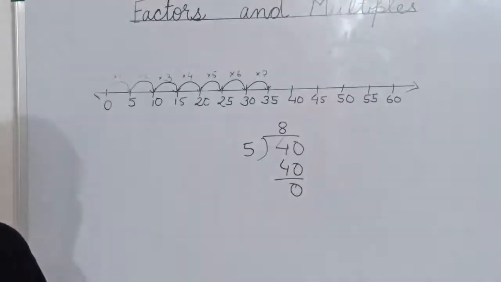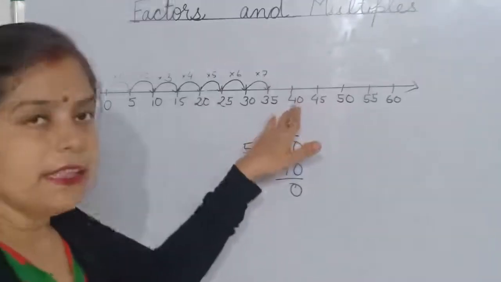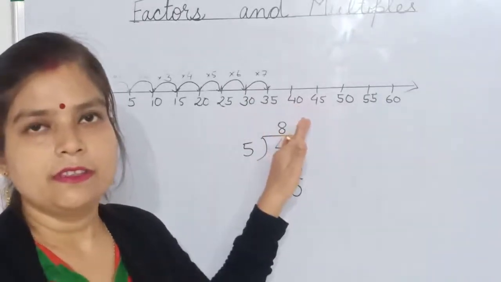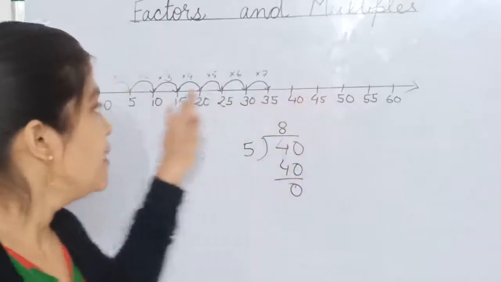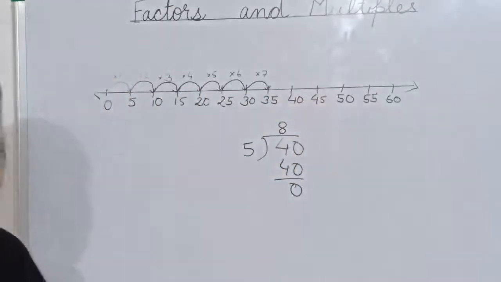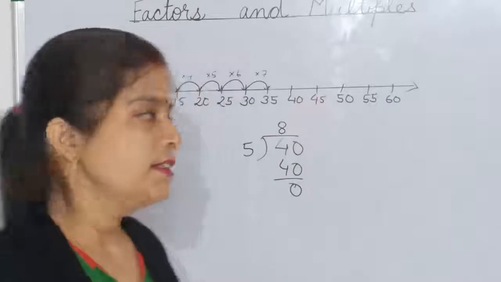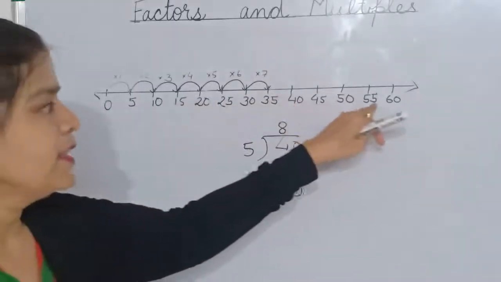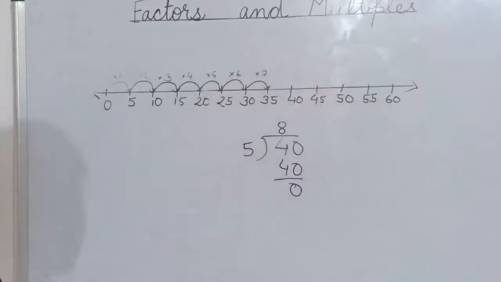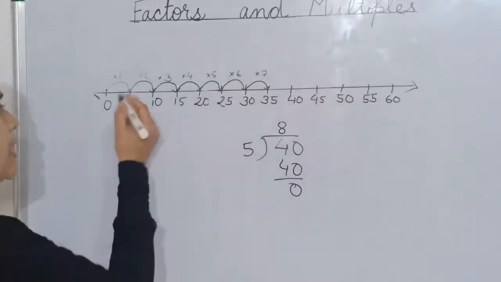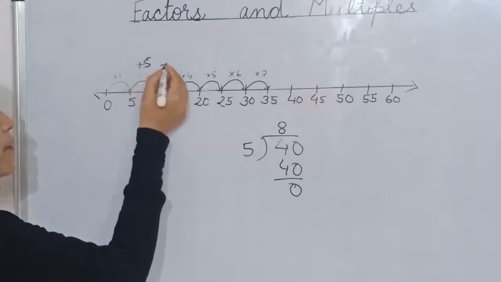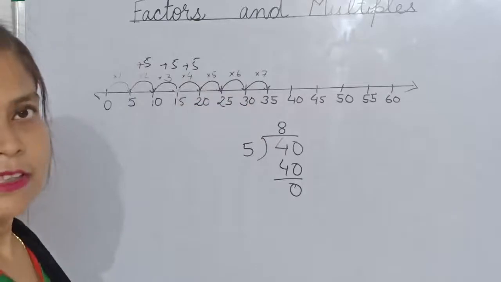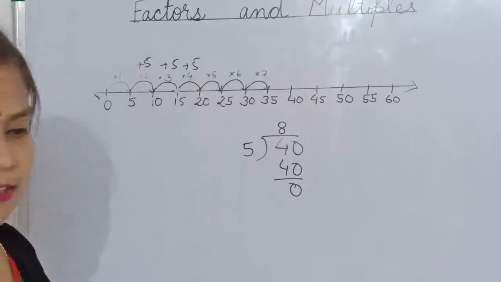One new word again you are learning here: completely divisible. Perfectly divisible. Perfectly we can divide 40 by 5. Perfectly means there is no remainder. Okay. So the multiples, all the numbers which fall in this number line, are known as the multiples of 5, because we are jumping by 5 steps only. Each step is equal to 5 only. So one word we have learned here, multiples.